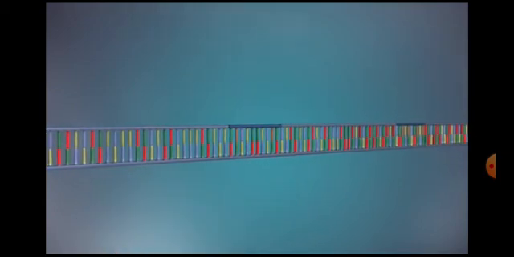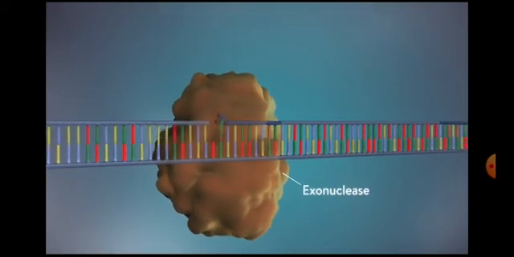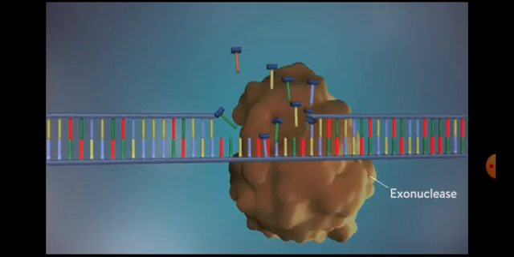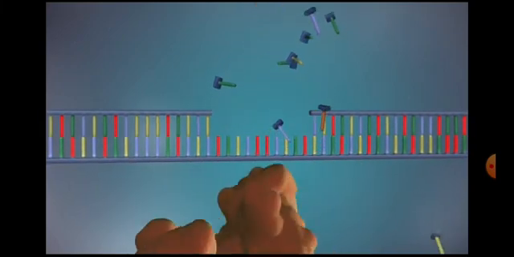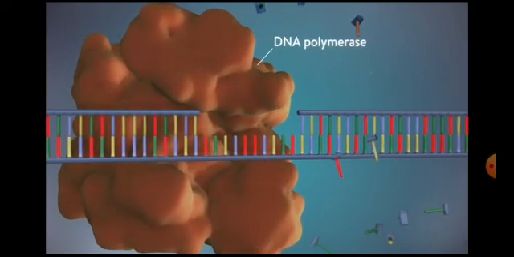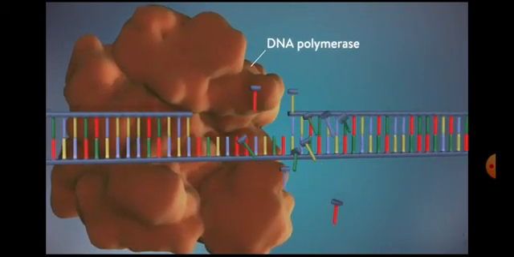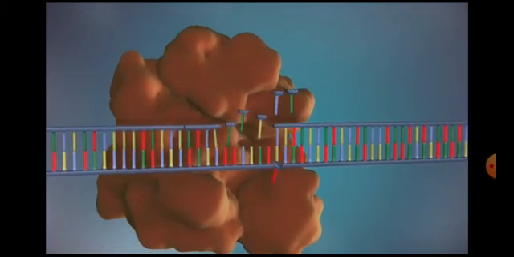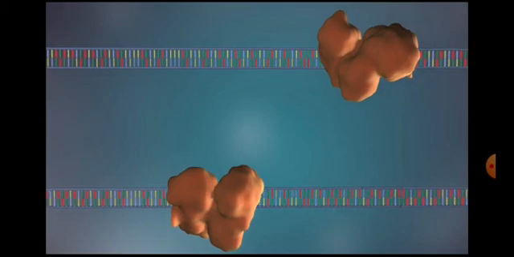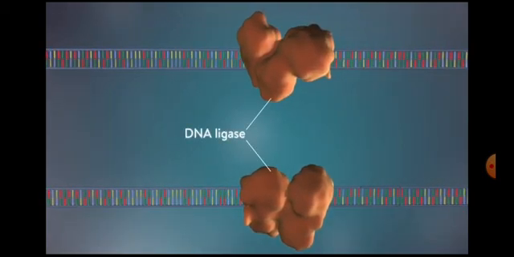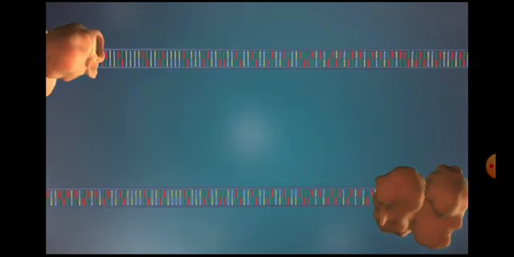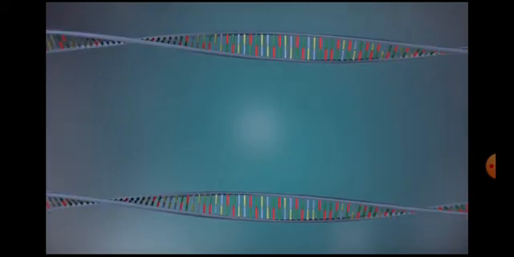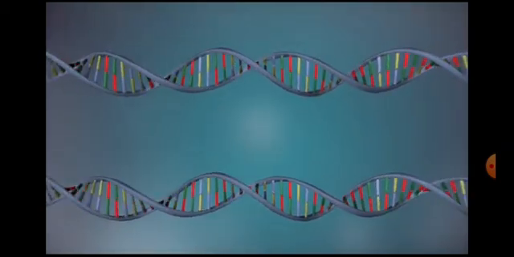This process is repeated. Then the enzyme exonuclease removes the RNA primer, and another DNA polymerase refills the gaps present in the strand. Finally, DNA ligase seals whatever gaps are left in both the strands. This is how it leads to formation of